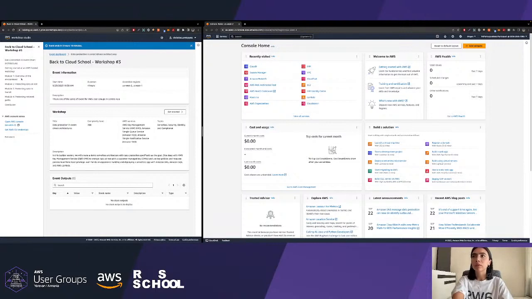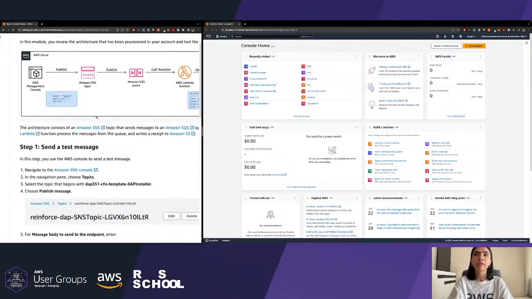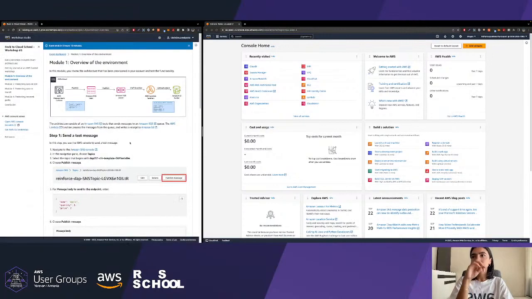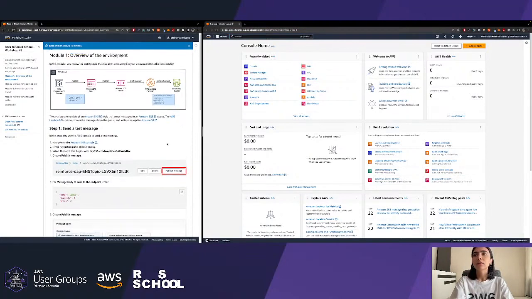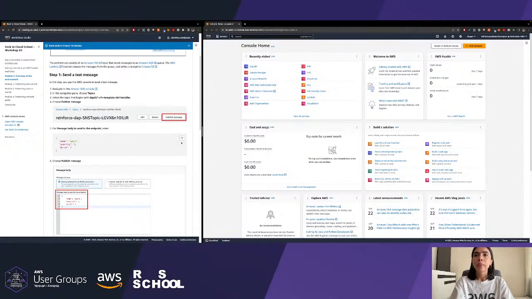And now let's go. If you remember the overview we did, we are going to test that overview, the environment that we talked about. As I mentioned, the environment itself is already provisioned by AWS. It's in a CloudFormation template. We will come to that a little bit later. So now let's go through all the steps of module 1. I want you to come with me and test the working flow.